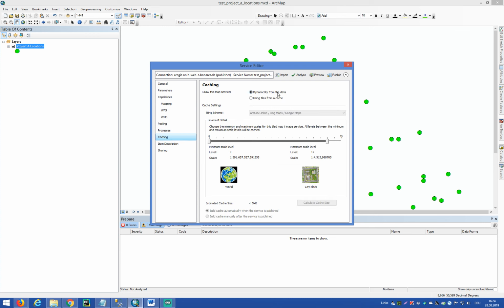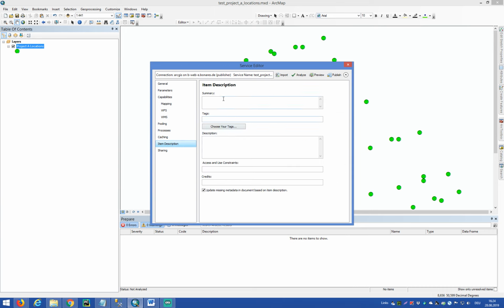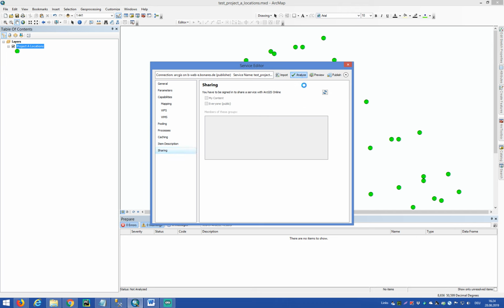You can cache this. Caching service is basically for the raster dataset. For example, you have a big raster dataset inside your database, and for this map service you want to use a specific plot or any location. So you can cache. If you cache the data before using the map service, it will make it faster. The time will be very short if you cache the service before. So this is the thing. And you can write some metadata description for your map service here, and now you can analyze it,